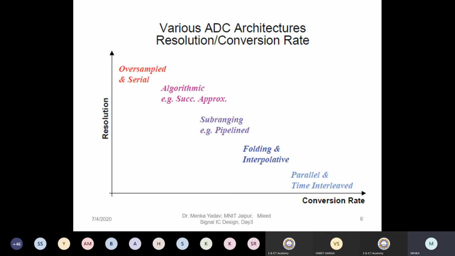In the next slide, slide number 7, let us have a look. This is the flash or parallel ADC. Why is it parallel? Because the conversion is going to happen in parallel. That's why we call it a parallel ADC. Flash means, for example, when we click our photo, it is a flash, meaning very fast. So this has the highest rate of conversion, and the resolution is